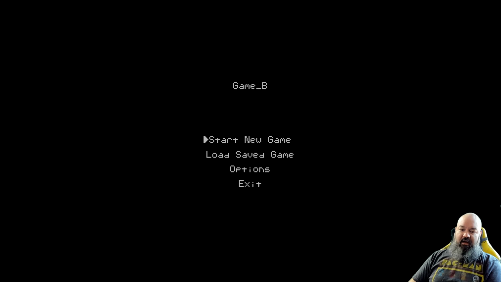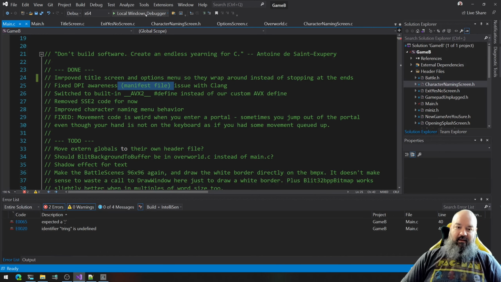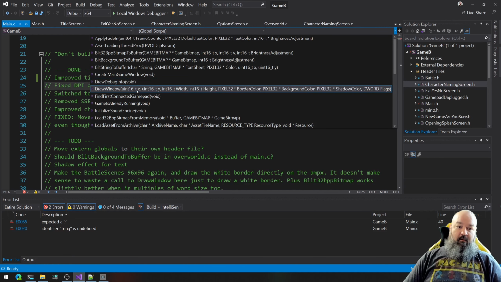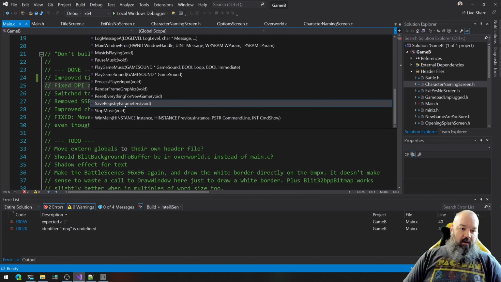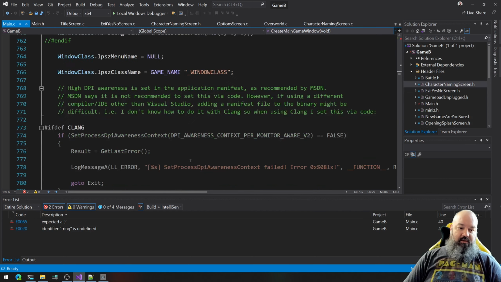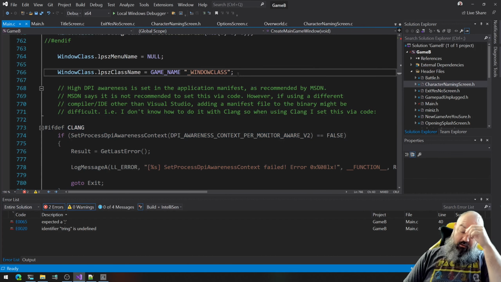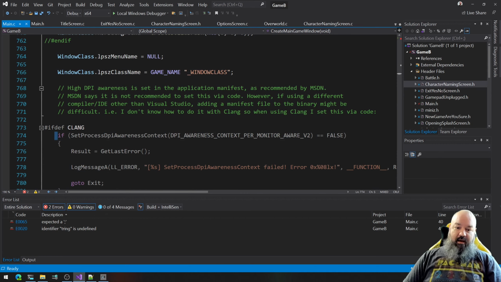And I thought, that's very strange. Why would the Clang version be any different than the Visual Studio version? And it turns out, after some debugging, which with WinDBG, which we just talked about, so now you can do that too. I noticed in the create main game window function, there's this situation right here. As you'll recall from many episodes ago, we have this DPI awareness issue where my monitor